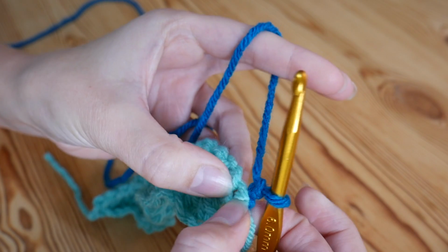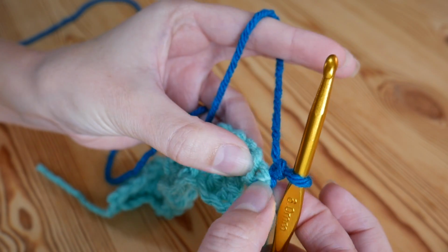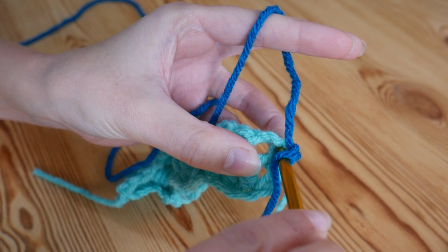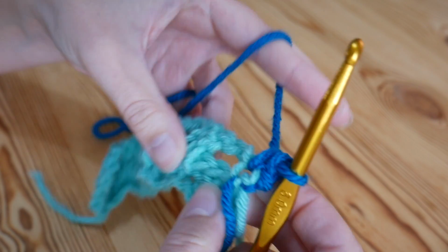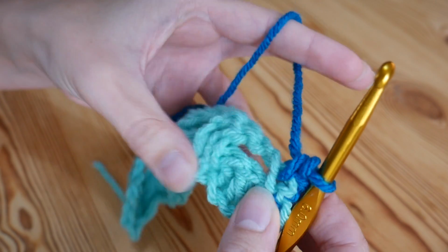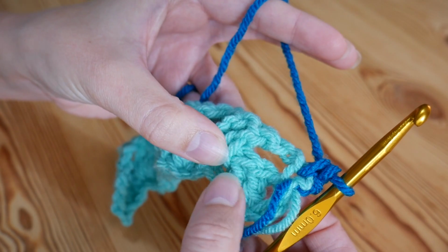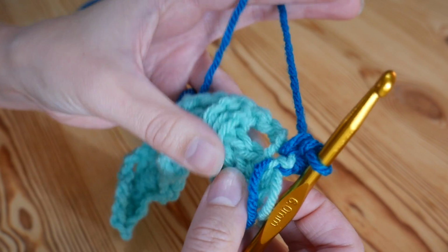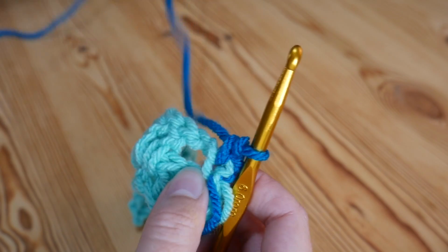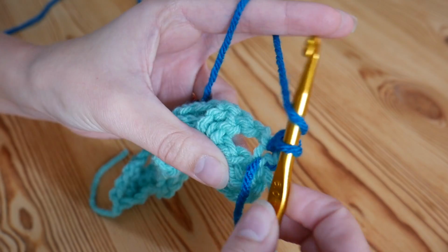So again, we're going to do a double crochet into the base of where we've just come up from, into that very first stitch. Remember, that's UK double, US single. So with my new colour, I'm going to do a double. And we're straight to a space now, and what you want to do is work into the top of these 2 trebles, not from the last round but the round before. So you've got your big space here, and you're going to work a treble into the top of those trebles